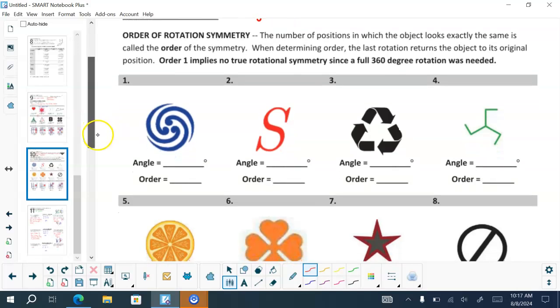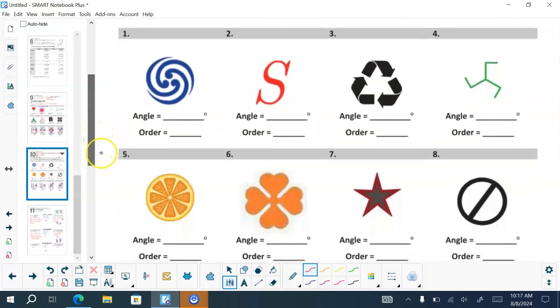Okay, so some of these, when you're dealing with them, might be easiest if you trace them on patty paper and then be able to turn the patty paper on top of your note packet here to see if you can get any of them to look the same. Okay. For example, if I'm going to skip to number 2. If I trace over 2 here, so I've got my S, and I pick that up